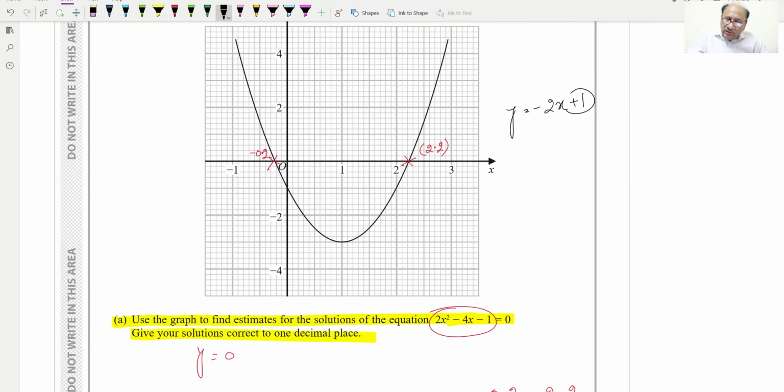So plus 1 means it's passing through 1, and 1 is where? 1 is this one. So the line is passing through this point, and the gradient is minus 2. The m value is equal to minus 2, which we can write over 1. This is rise and this is run. So minus 2 will be minus 1 unit, minus 1 unit, this one, minus 2, and 1 unit to the right, run is 1. So 1 unit to the right will be this one. So we reached this point, and I'm erasing the working, and we got these 2 points which we have